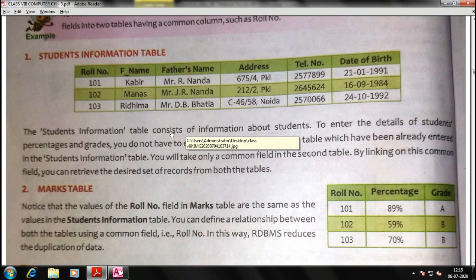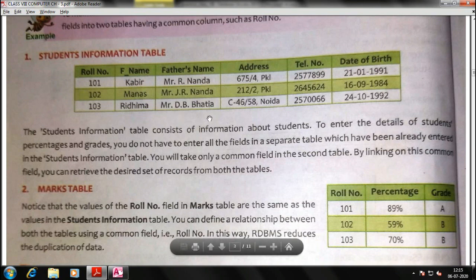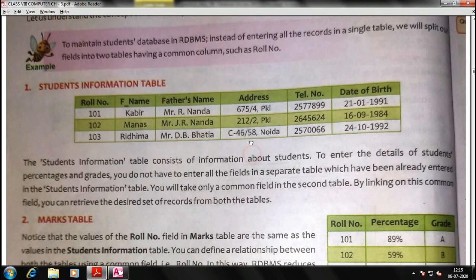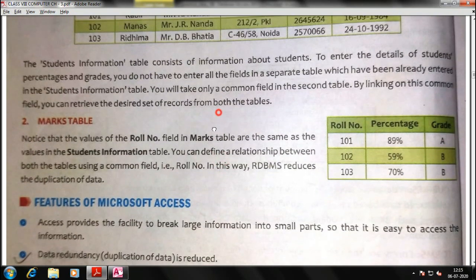So I was telling you these two tables were there, and here they have given some hint that instead of entering all records in a single table, try to split it into different tables. They have told you two tables, but it's not mandatory to split it only into two tables. You can split it according to your data, right? Okay, so